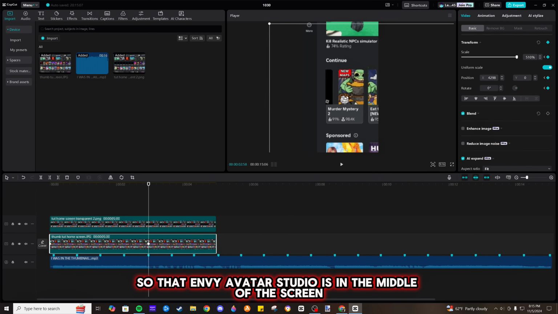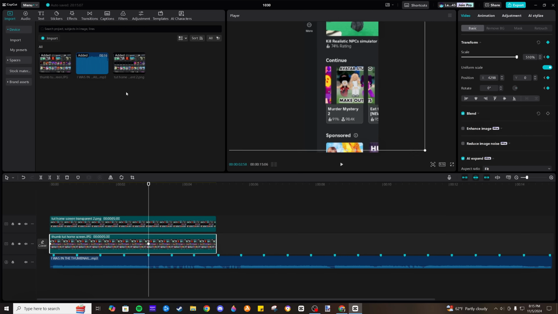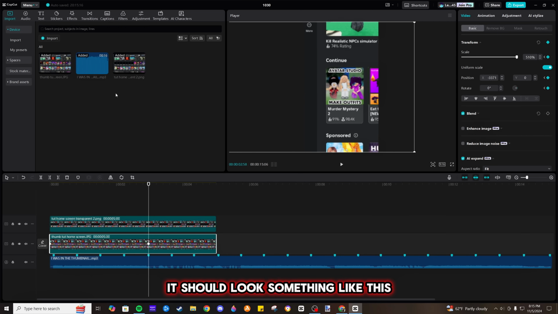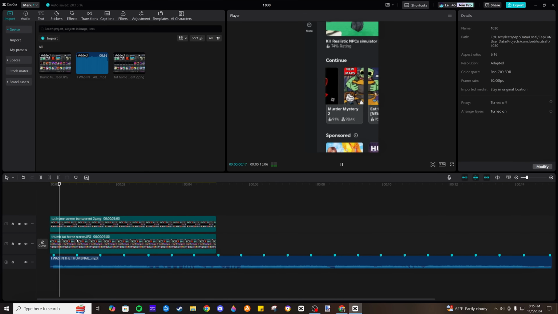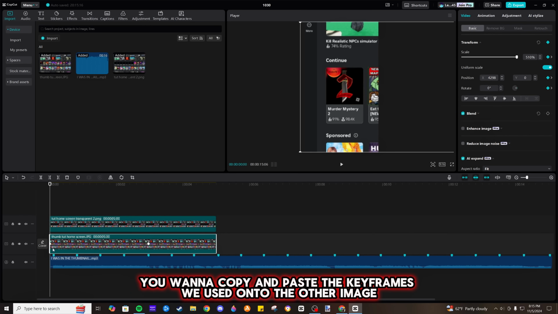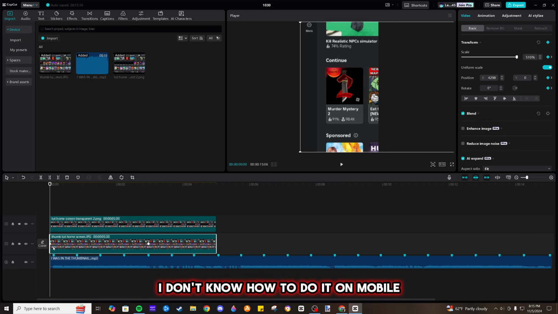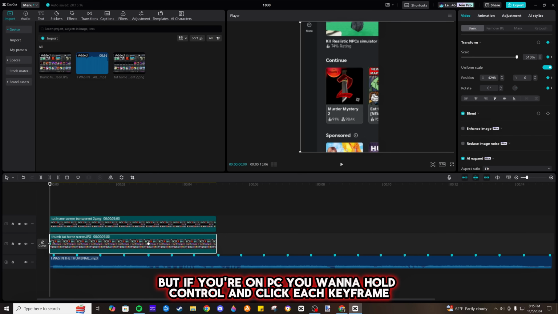And let's drag it so that inkziety Studio is in the middle of the screen. It should look something like this. Now, you want to copy and paste the keyframes we used onto the other image. I don't know how to do it on mobile, but if you're on PC, you want to hold Ctrl and